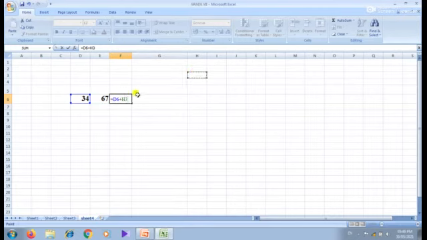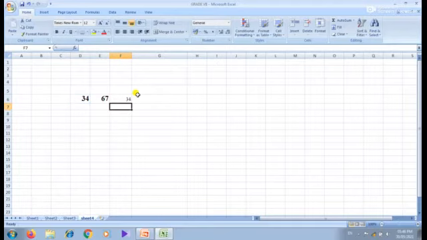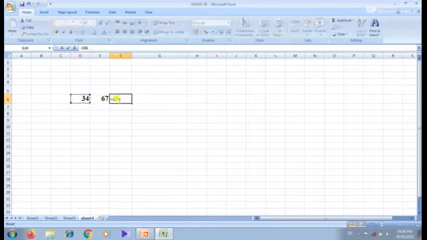After pressing the enter key, we will get the answer. See here, student, equal to, then D6, then plus E6. When you press the enter key, we will get the answer 101. Here we used cell references in formula.